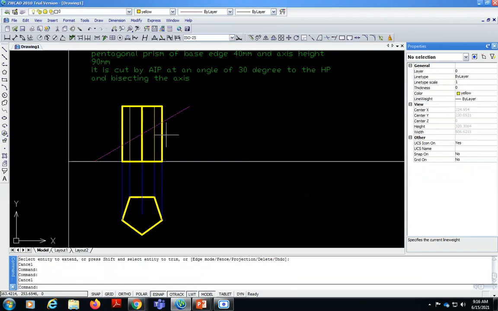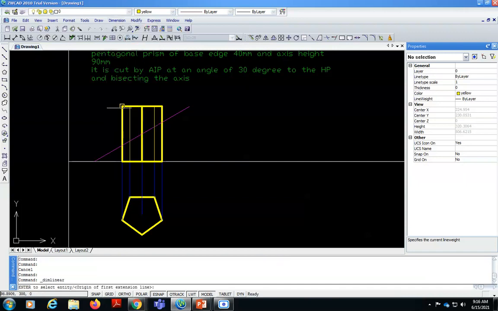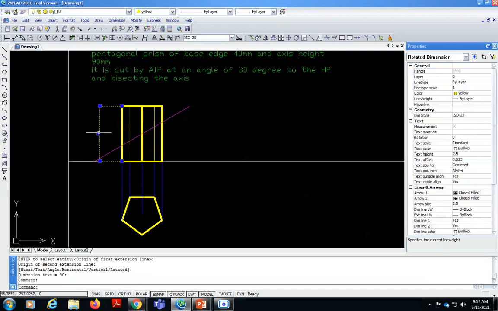Use some magenta. So you can specify the dimensions of these views. So use some different color for the specification of the dimensions.